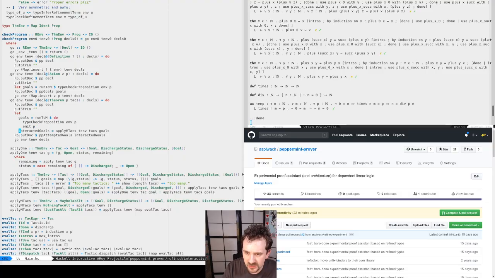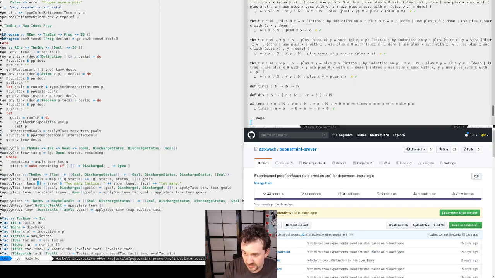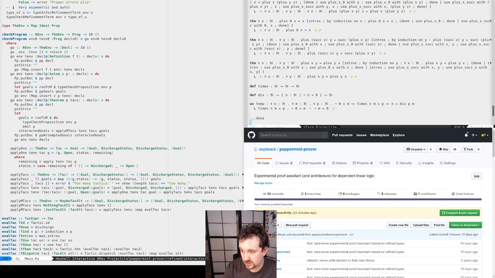So here we have this interacted goals, and we do PP attempted goals, interacted goals. Interacted goals are of type goal discharge status, and a list of goals, for each goal, right?